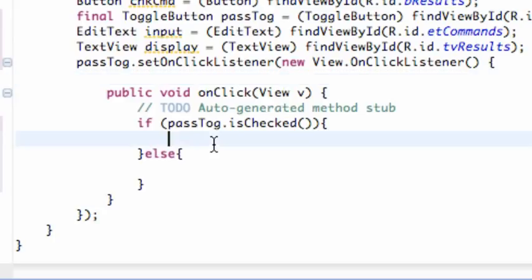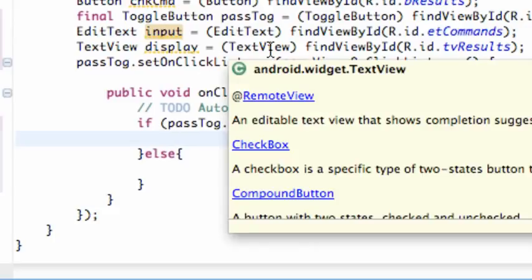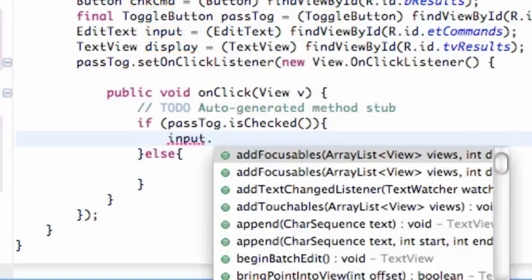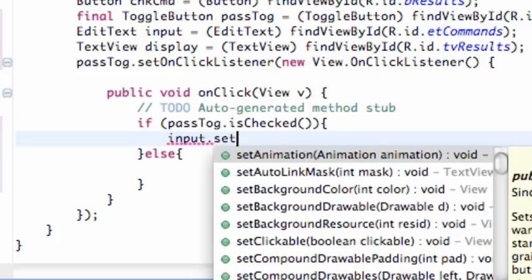Now what we can do is use the EditText variable that we set up here, and we have it referenced to our EditText in the XML, and we're going to change that. So we called the EditText input, so we're going to say input, and we can hit dot, and then we're going to set the input type. Basically, there's the password type in a text view, or a number for the most part. You can make them only be able to put in numbers, stuff like that. So we're going to say the method set input type,